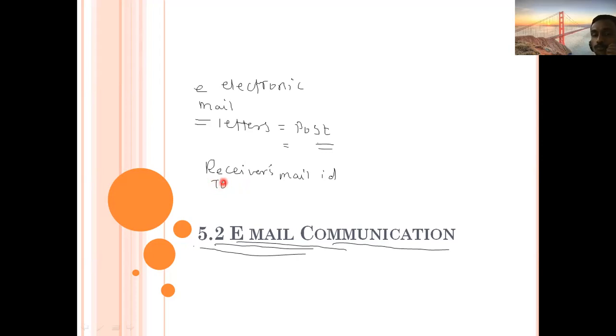Then the subject of the mail. It is similar to a letter. Already it is email, mail again similar to a letter. So after subject,